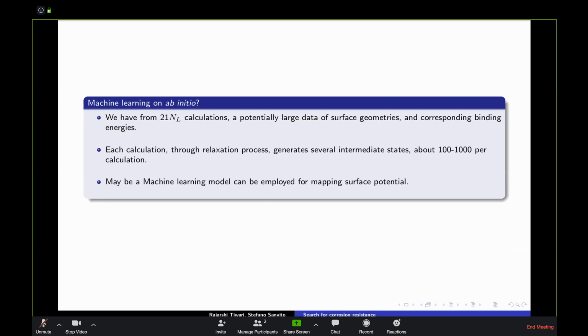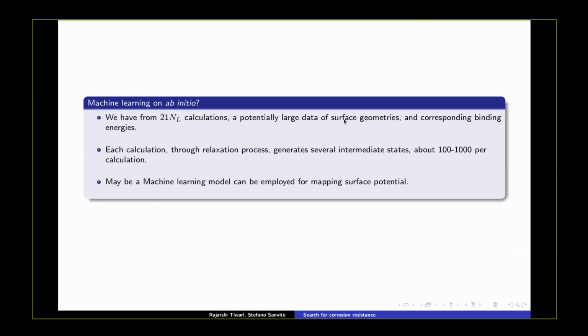Given that for NL lattice sites we have 21 times those calculations, each of these relaxations generates potentially large data for surface geometry, because when the relaxation occurs,